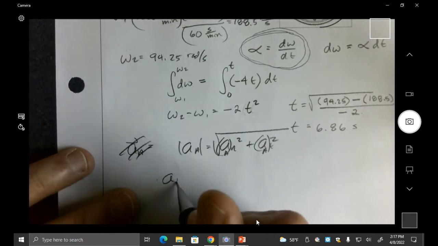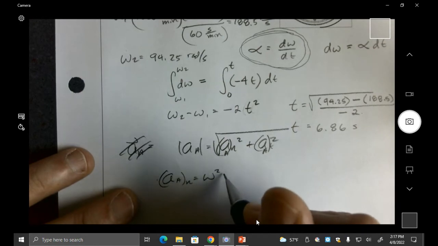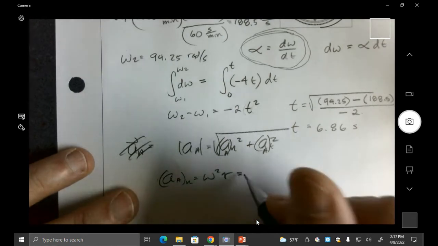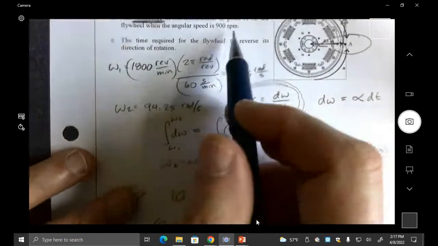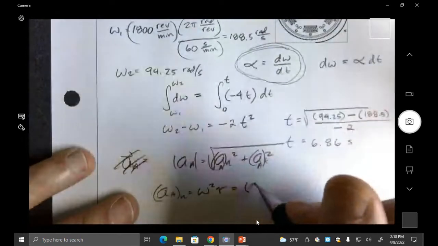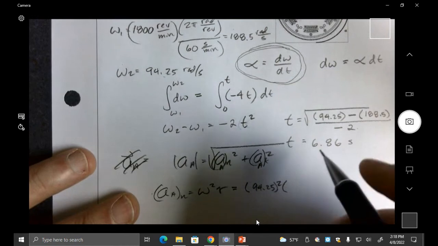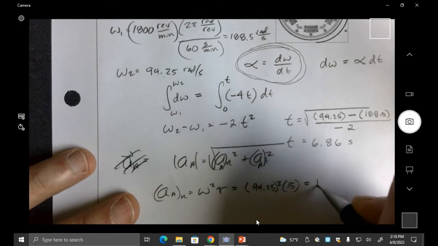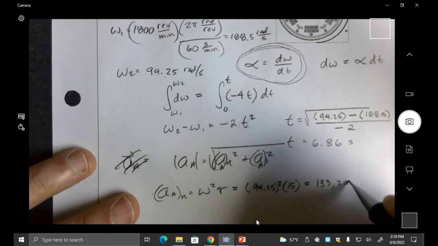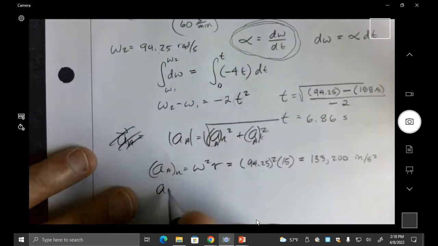Yep. So the acceleration of A in the normal direction would be omega squared times the radius, which at that time is going to be the 900 RPM. So we want to use the 94.25 squared. And the radius, they told us it was 15 inches. We'll keep it in inches. So if we do that, that's 133,200 inches per second squared. That's a big number. And then the tangential one